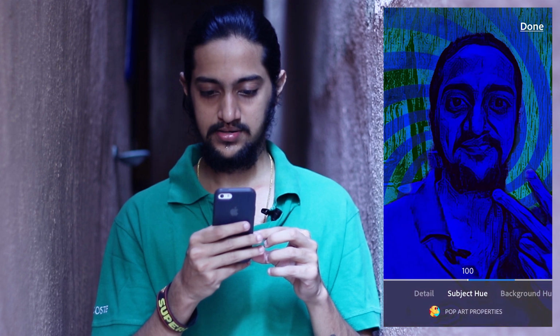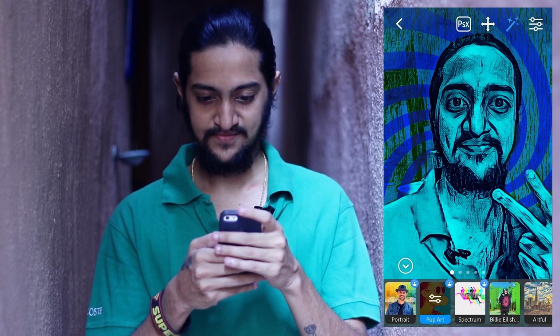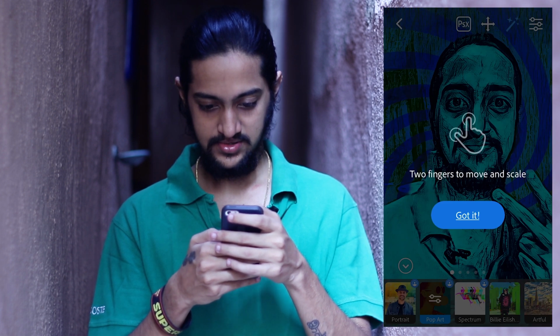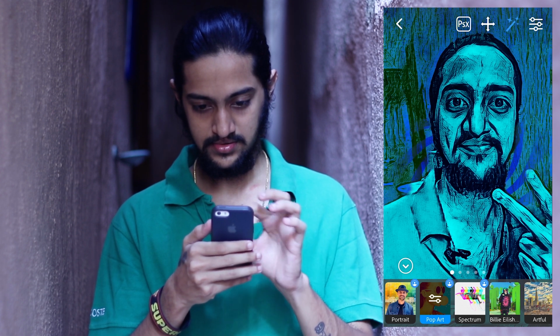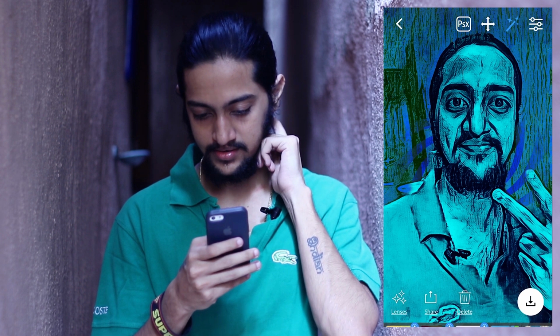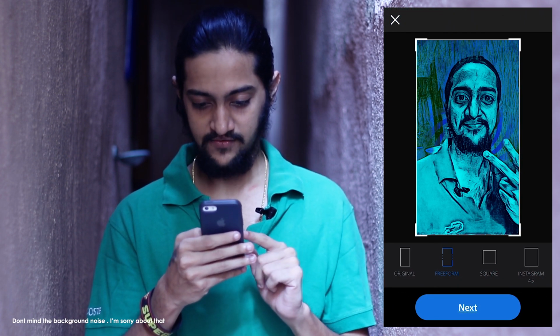Okay. So we reduce the background hue. They have given us adjustments on this one. Okay, that's great. Oh, we can change all this. And the detail, if I want to increase the detail. Maybe 0.8 morning ratio. Yeah, this looks actually good, right? So okay, it looks great. So if I want to share it, I have different ratios that I can choose from: